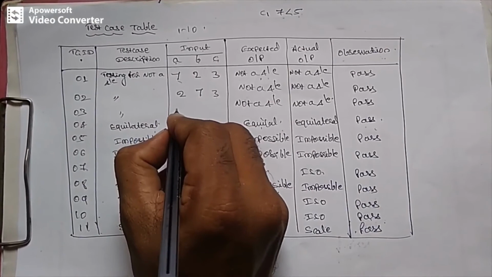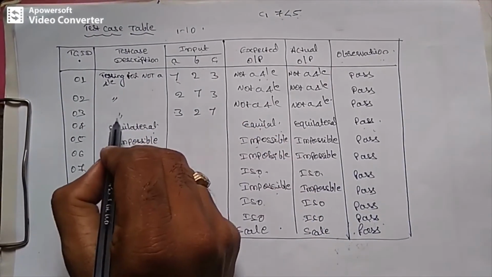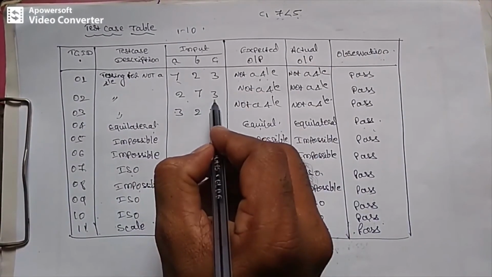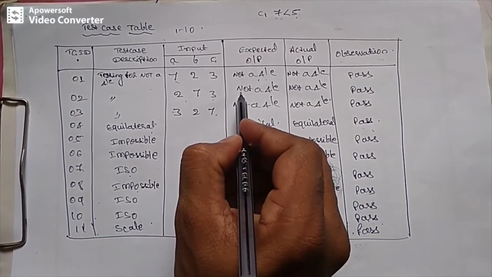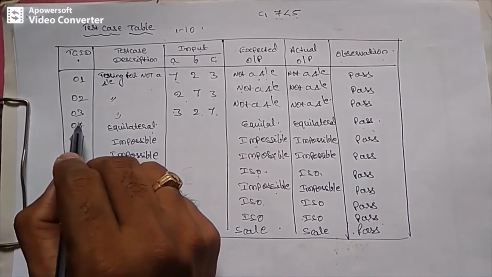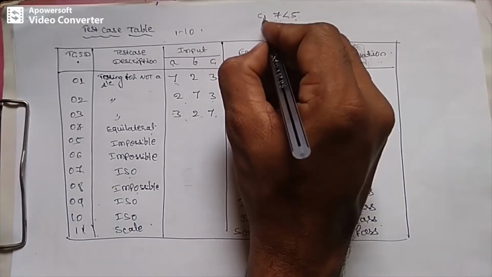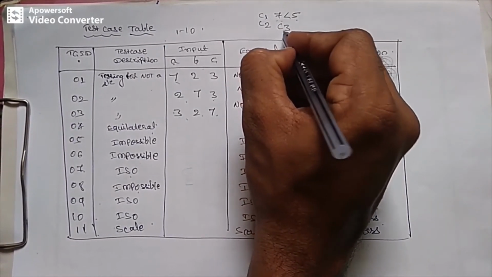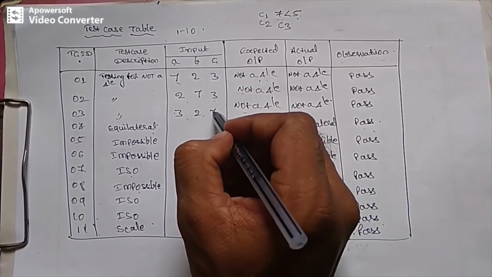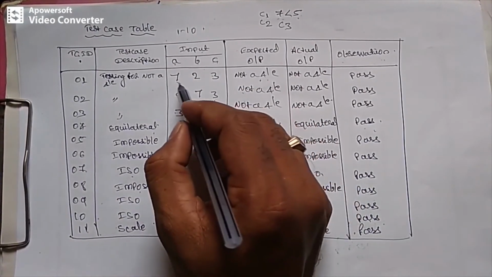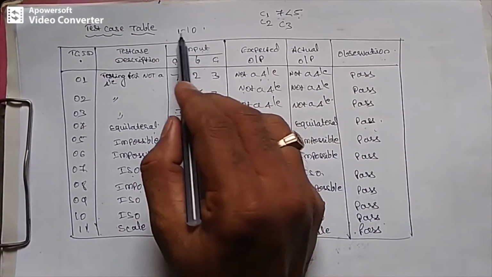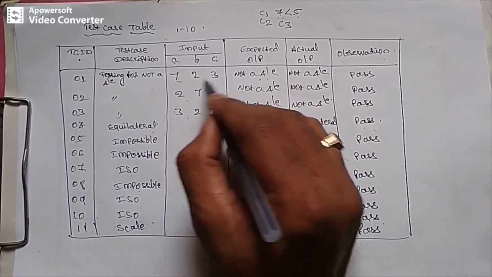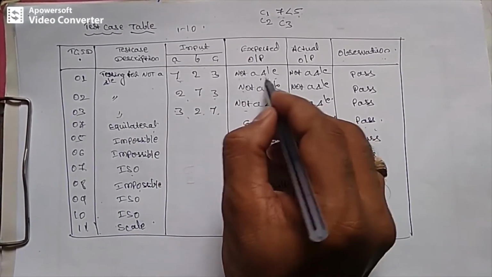The next time, 3, 3, 7, then the third condition should be false. Now the first condition is false, then for the second input the second condition becomes false, and for the third test case the third condition becomes false. That is, C1 is false the first time, C2 is false the second time, and C3 is false the third time. In that fashion you have to specify your input. The values might be different, but all the values should be within this range. When we specify these inputs, we generate the output result "not a triangle."